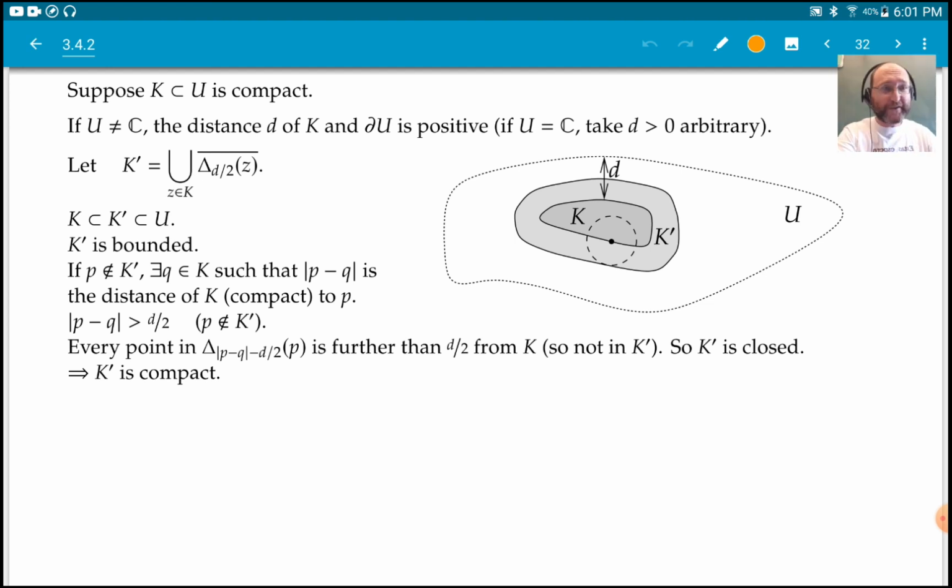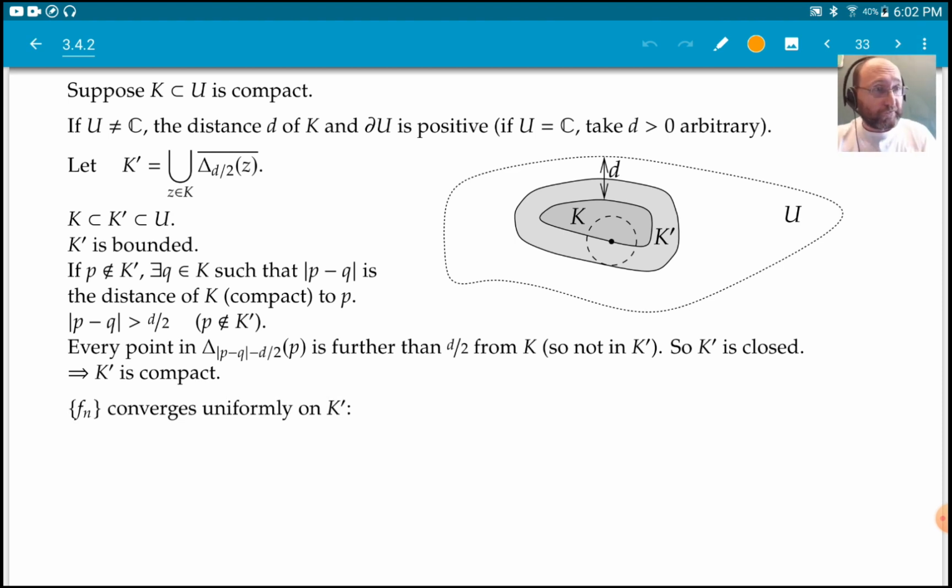Compact sets are closed and bounded, and sets in Euclidean space, such as C, that are bounded and closed in the Euclidean space, not in some subspace topology or something like that, those are compact. Again, and that Euclidean space had better be finite dimensional, right? So that's the only place where you can say that. Anyway, in this case we have a closed and bounded subset of C, so it's compact. All right,